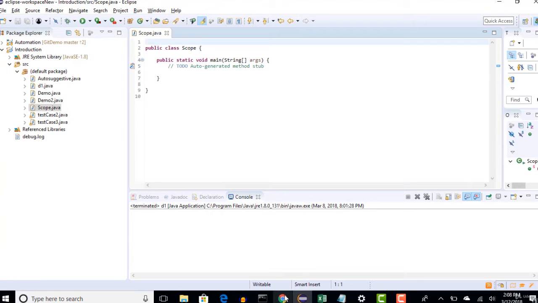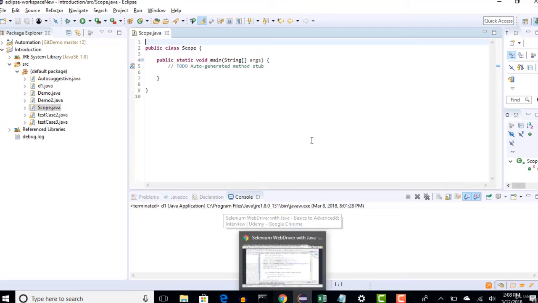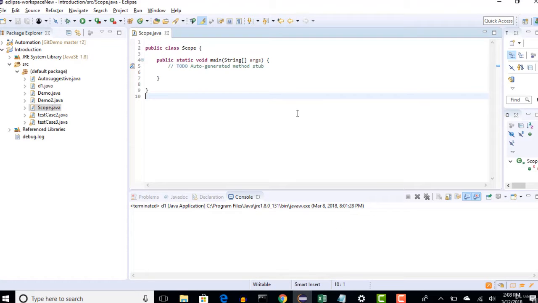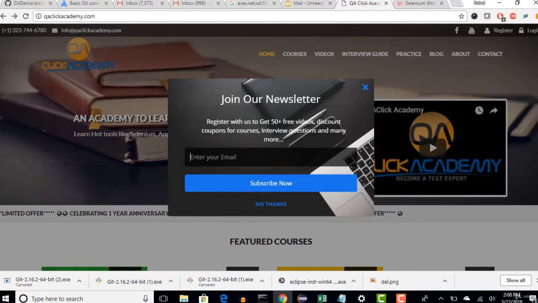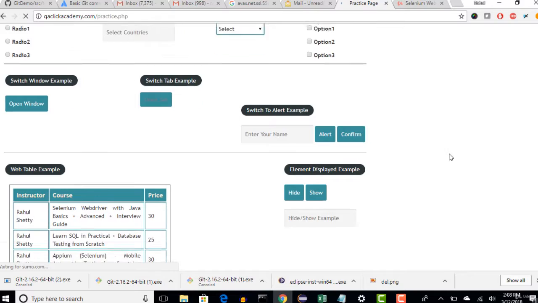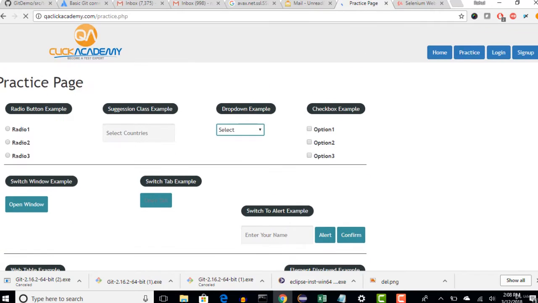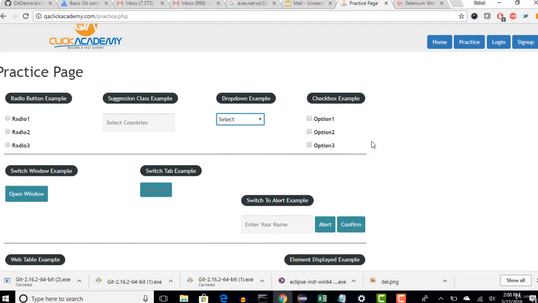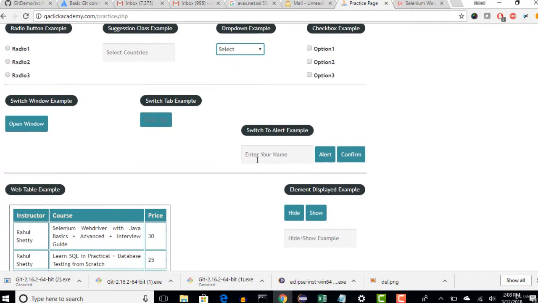So let me go back to my Chrome to go to that particular website. Yeah, so we are back on our site qaclickacademy.com. Here you have a practice link where you can click and reach this page. You can practice on this page if you want to work on drop downs, radio buttons, checkboxes, and you also have examples to switch the window and switch the tab, alerts.